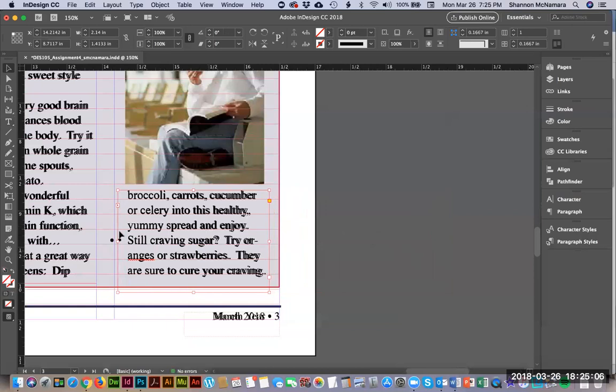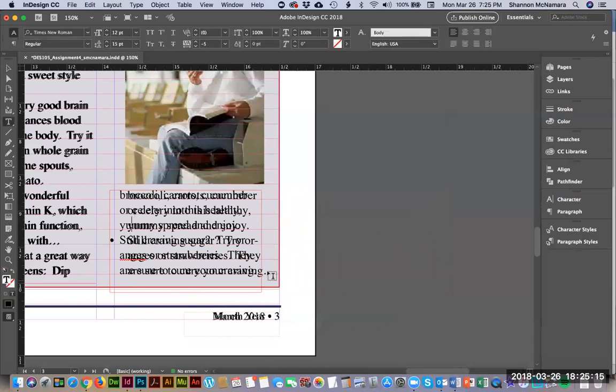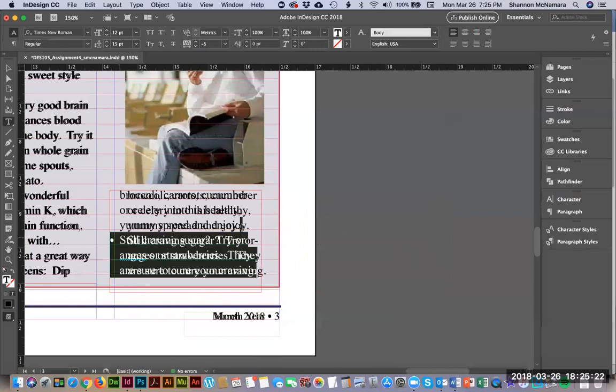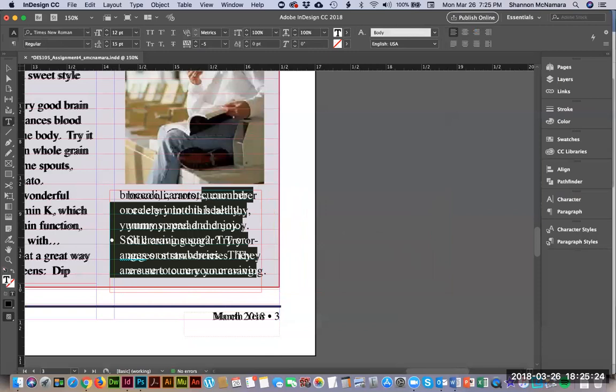All right, so this bullet point does not match up. So what I need to do is adjust just this text box. This is going to get a little bit weird because it's connected to this one. So I need to very carefully select to the first tab in this text box. And the easiest way for me to do this is to actually, yeah, I am going to be saying tab